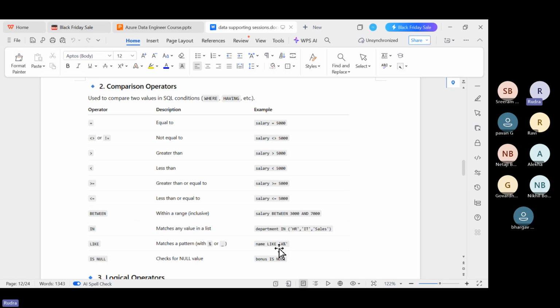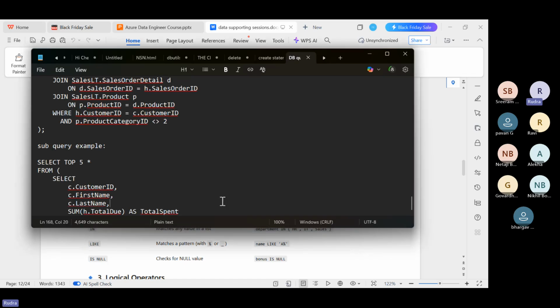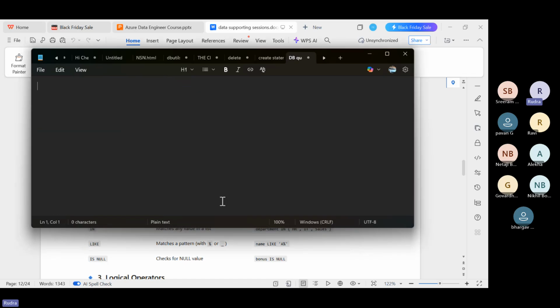Okay, so there we have pattern matching, which uses two things, percentage or underscore. Percentage will match any number of characters after that, and underscore will match a single character. So if my intention is, I need to start,